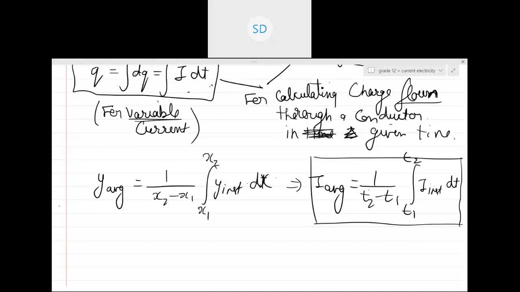Do you remember, what was the direction of flow of current? Opposite to the flow of electrons. Conventionally, we have taken the direction opposite to the flow of electrons. But is it always necessary to define it by the direction of electrons? Can I define it like this: it is the direction of the movement of the positive charges, even if I don't know whether the positive charges are moving or not.